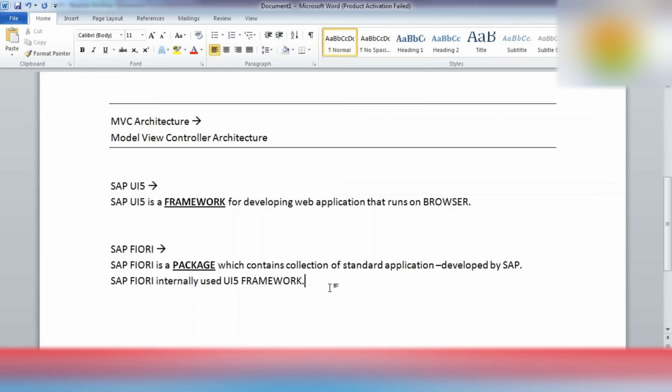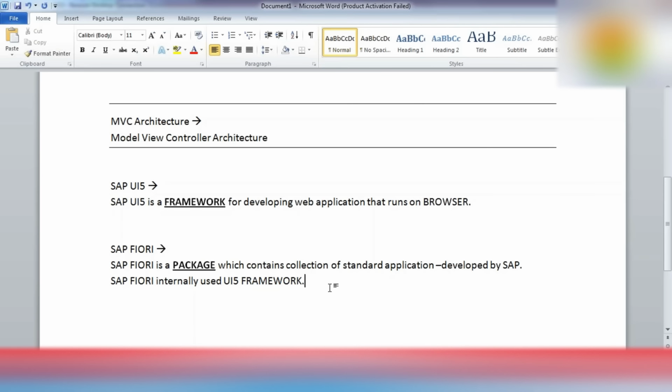So collection of standard applications means, in SAP Business Suite we have different standard transactions, like purchase order creation, change, delete, sales order creation, change, delete, and different other standard transactions to accomplish our different business requirements.